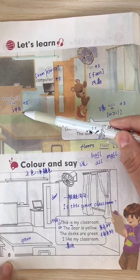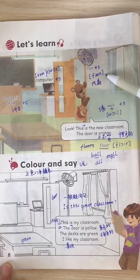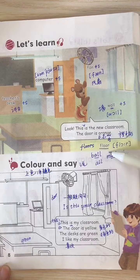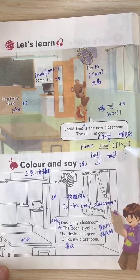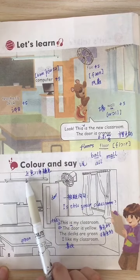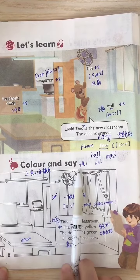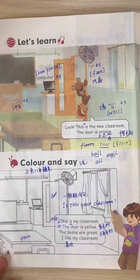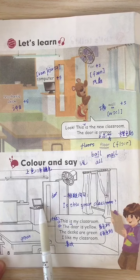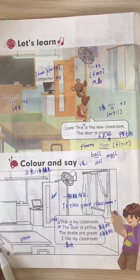Teacher's desk,讲台。Computer,电脑。Fan,风扇。Wall,墙。Floor,地板。Color and say,color,名词,颜色。动词,上色,涂颜色。Color and say,涂颜色,说一说。这里边它是一个动词。教室里边这些陈列的物品,哪些是你会说的呢?Computer, door, fan, window, desk, chair, teacher's